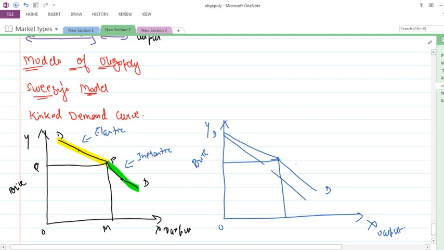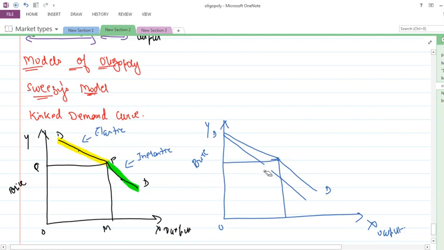The greater the difference in the two elasticities of the upper demand curve and the lower demand curve, the wider the gap would be. If the marginal cost curve of the oligopolist passes through the discontinuous portion of MR, if it passes through this level,